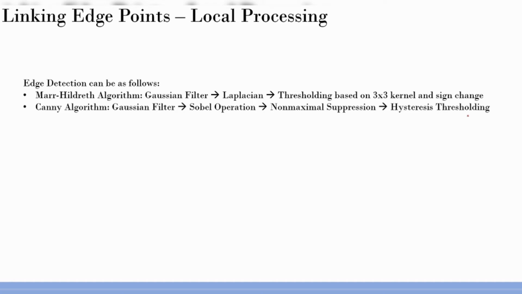So two of the most popular edge detection algorithms are reiterated here. The one is the Marr-Hildreth algorithm, which introduced the concept of Laplacian of Gaussian, and then of course the ever popular Canny edge detection algorithm. Okay. So let's spend some time to refresh what these algorithms actually were. Marr-Hildreth applied the Gaussian filter. It's a smoothing operation to remove any unwanted high frequencies getting enhanced by the Laplacian operation which follows, right?